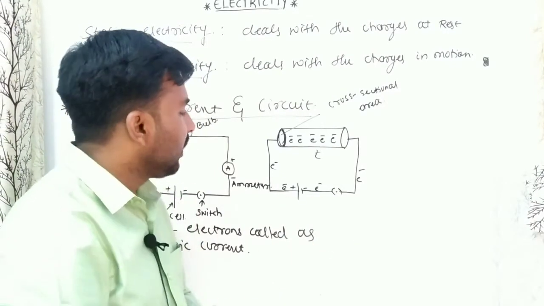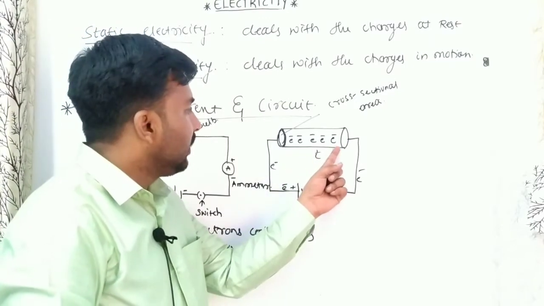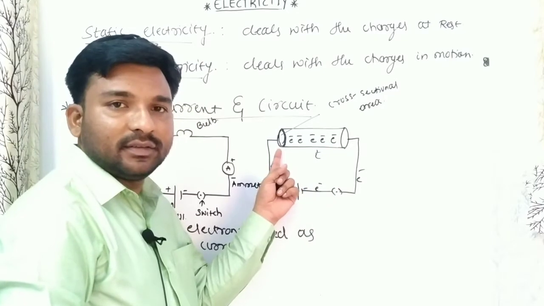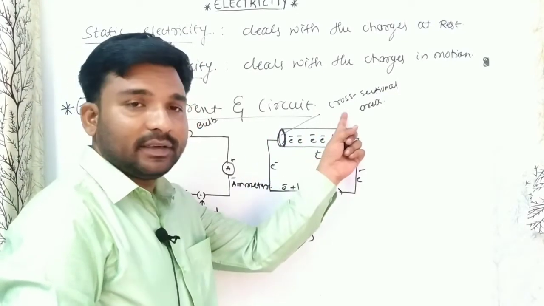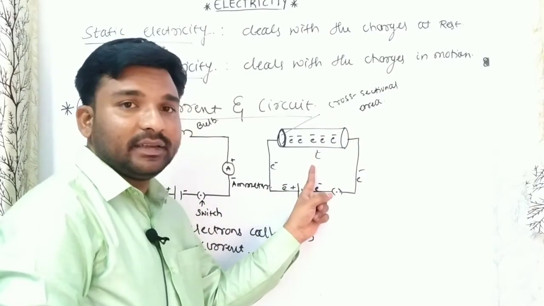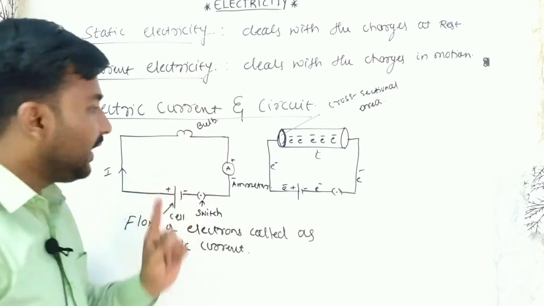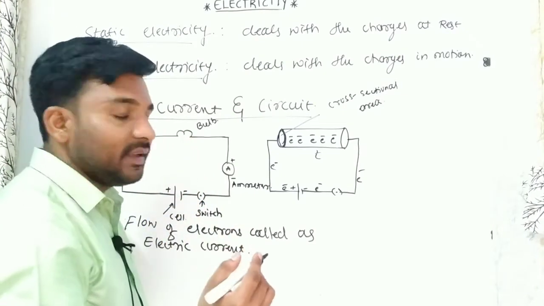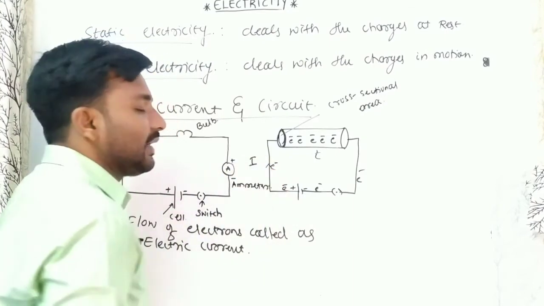Once again, in a conductor, the quantity of charges passing through a cross section of a conductor in time t is called electric current, and it is represented with the capital letter